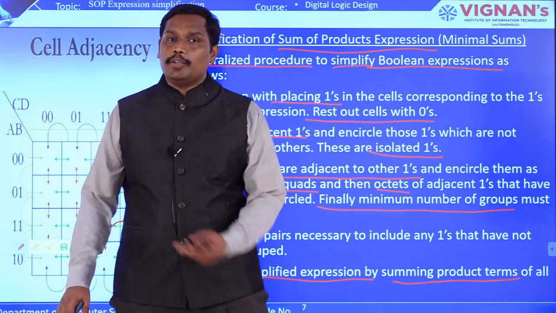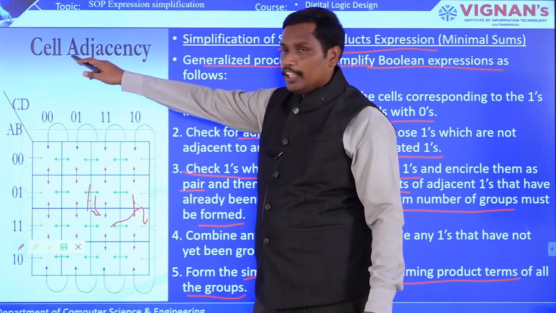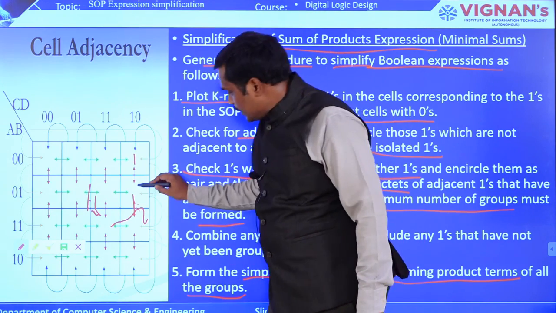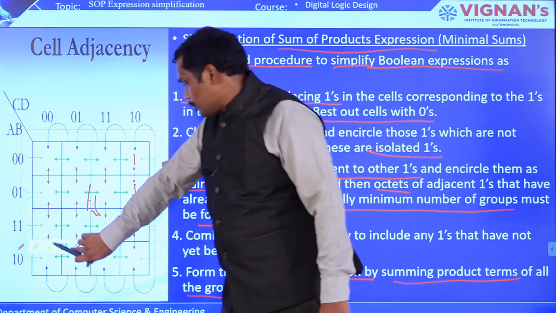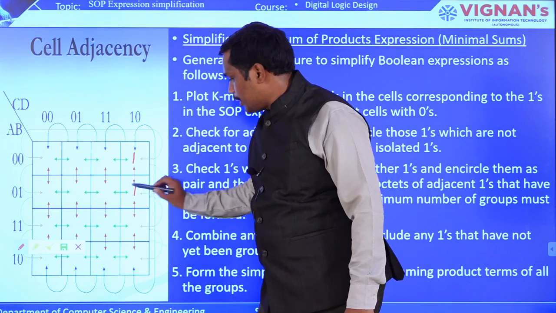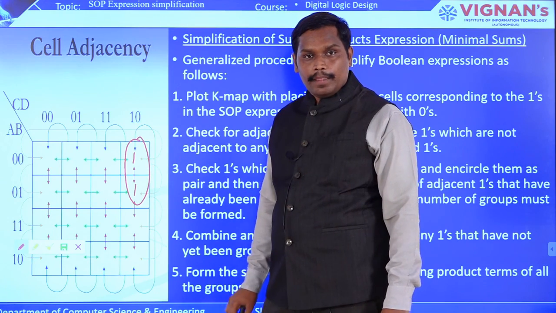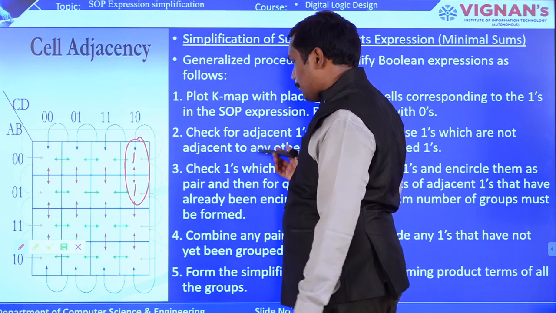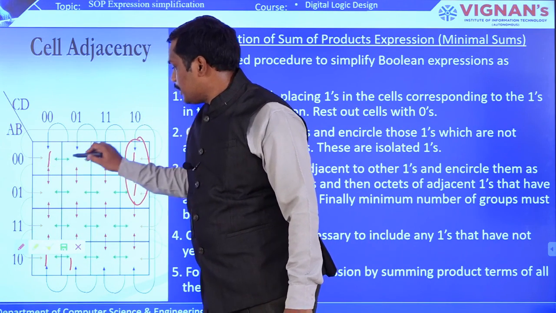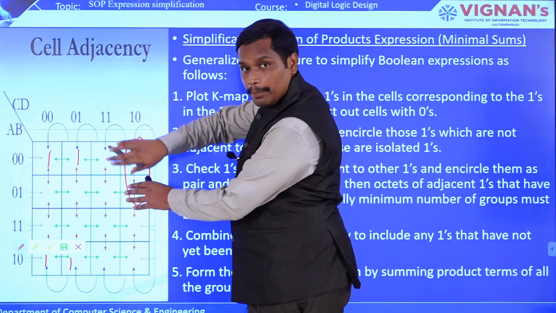Now you can see, as I told you, that the Karnaugh map can be folded. This shows how cell adjacency works. If there is a 1 here, and a 1 here, then these two you can form as a pair. In the same way, having taken an example for a pair, now we'll see something like: here it is 1, here it is 1, here it is 1, and here it is 1. Since cell adjacency can be done, because the Karnaugh map can be folded,